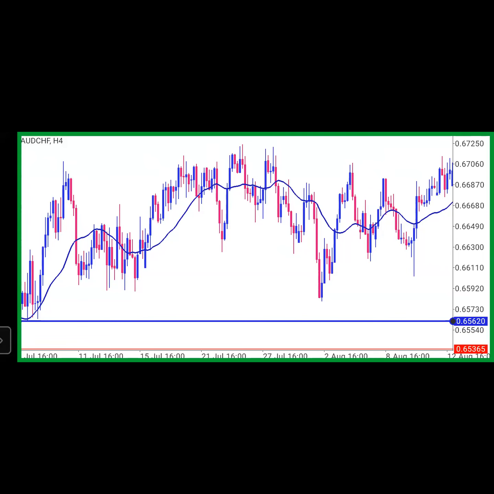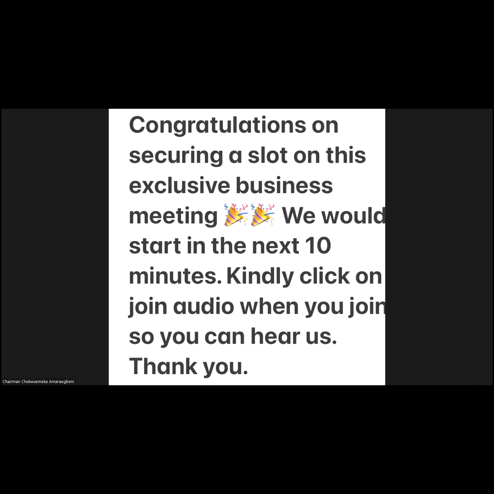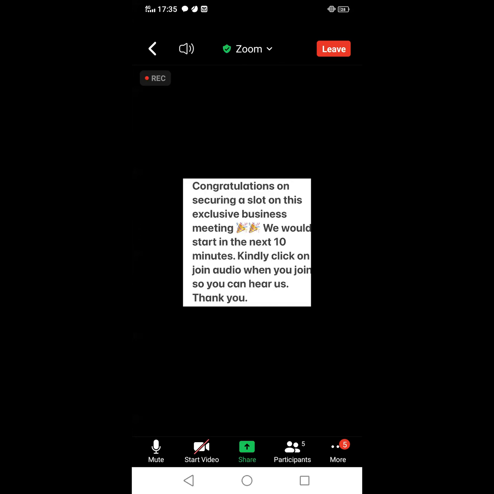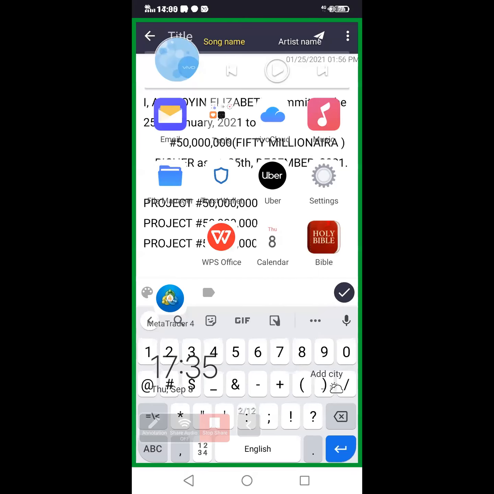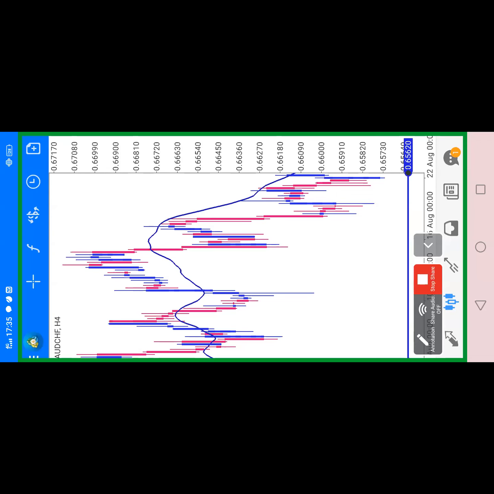Adebayo, what about you? Why do you say it's choppy? What did you see that made you say this chart is choppy? I feel it is choppy because in terms of peaks and troughs, it's almost as if it's going up and coming back to where it came from. Okay, going up, coming back to where it came from. So there's no clear direction. Thank you very much.